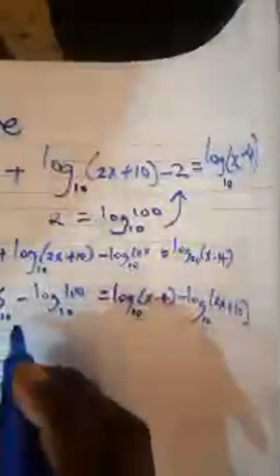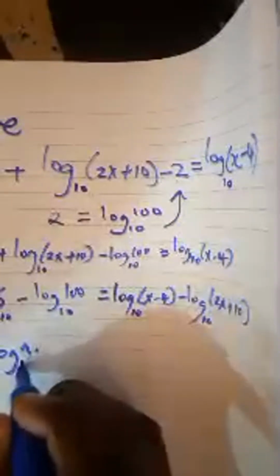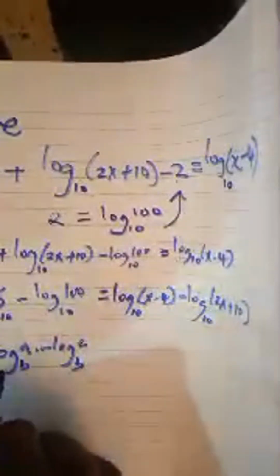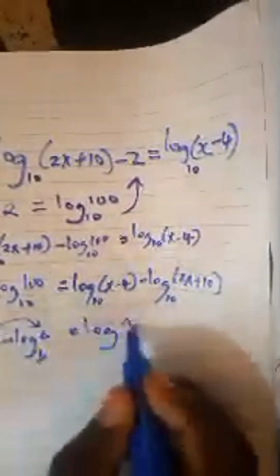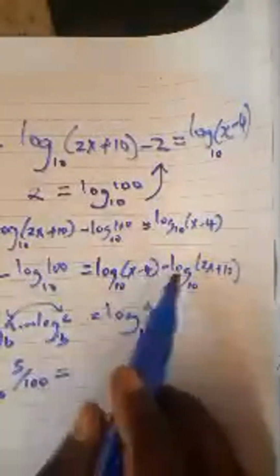Applying the law of logarithms that says if I have log a base b minus log c base b, since the bases are the same, then these numbers can be divided and written as log (a over c) base b. So I'll have log base 10 of 5 over 100 should be equal to, applying that on the other side, I'm going to have